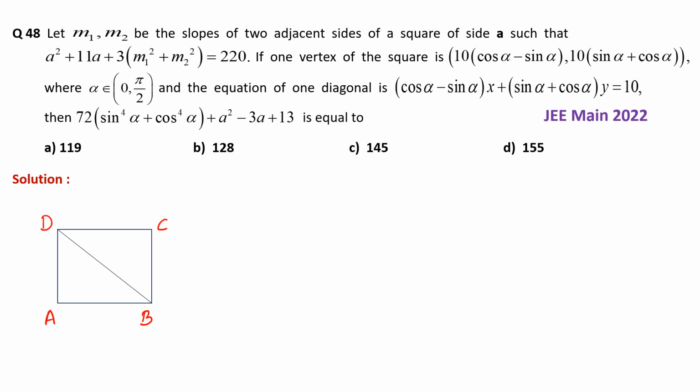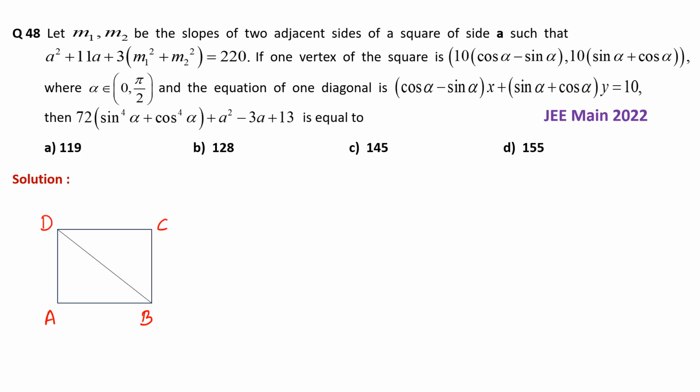It's an interesting problem. It says, let m1, m2 be the slopes of two adjacent sides of a square of side a such that a square plus 11a plus 3 times inside the bracket m1 square plus m2 square bracket close equal to 220. If one vertex of the square is 10 times inside the bracket cos alpha minus sin